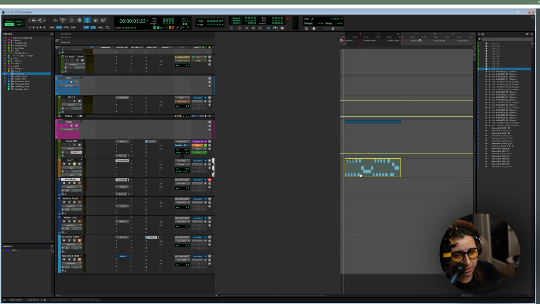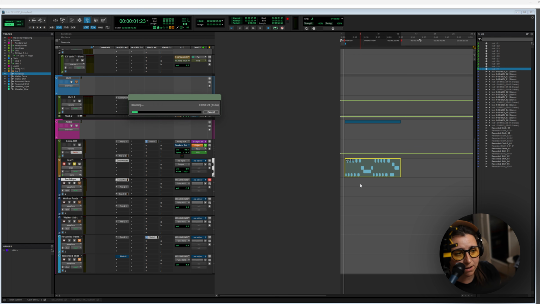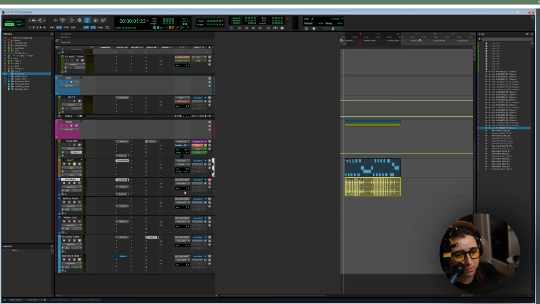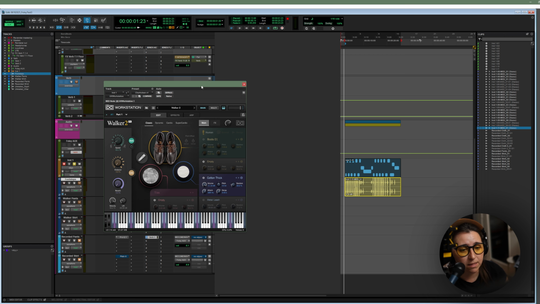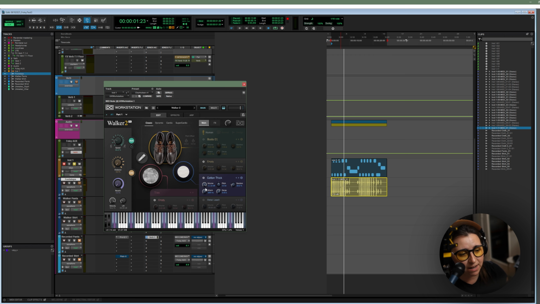So I'm going to click on that clip and drag it down into the footsteps track, and it's going to make a waveform. Neat. So the instrument track is still soloed. I'm going to go back into the plugin now. I'm going to turn off the boots, and I'm going to turn on cotton thick. So I'm going to turn the attack up further on that